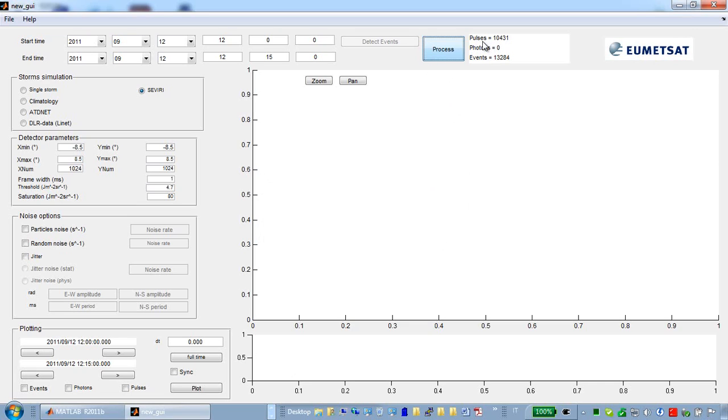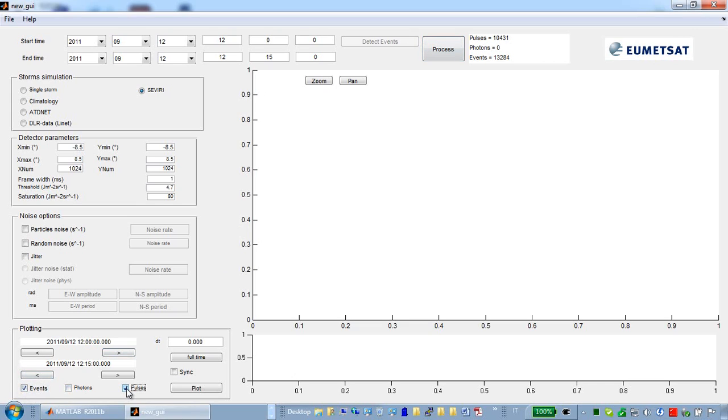The program has produced more than 10,000 pulses with the triggering of more than 13,000 events at the LI matrix level. If we want to show something, we could go to the plotting section, leaving as start time and end time the default, which correspond to the start time and end time of the simulation,